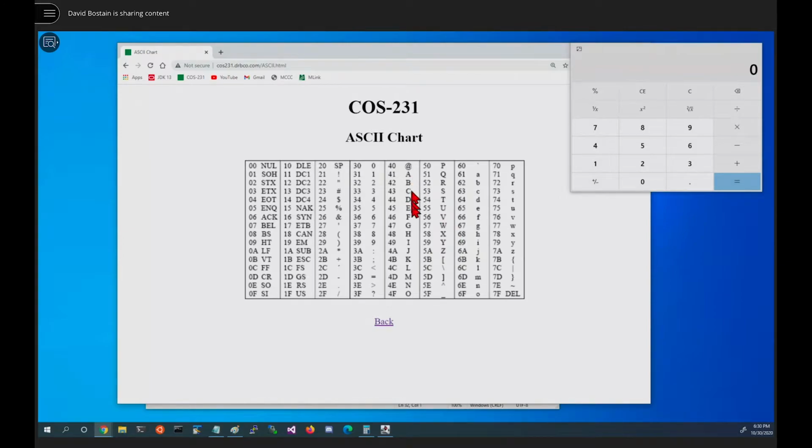Key points to remember: first letter is A, 10th letter is J, 13th letter is M, 16th is N, right? That's the middle of the alphabet. 20th letter is T. Of course, 26th letter is Z. You might go, well, there's a 10 next to it. Yeah, because 16 plus 10 is 26. So we added a 1 to this 40 to get the 5, and then we brought the 10 along with it. So these are really easy to compute in your head if you just remember those anchor points.